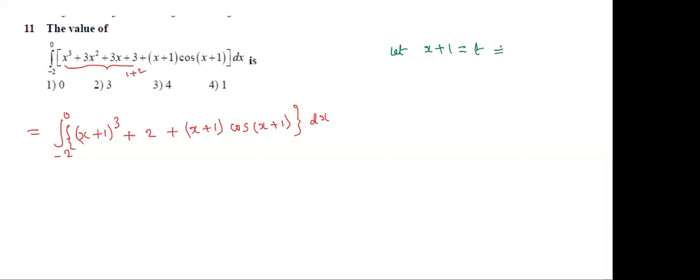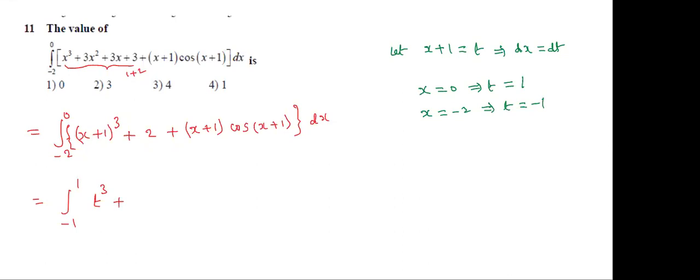Then dx is equal to dt. Change the limits. If x is equal to 0, then what is the t value? The t value is 1. If x is equal to minus 2, then what is the t value? Minus 1. Now here, the integration from minus 1 to 1 of (t cube plus 2 plus t cos t)